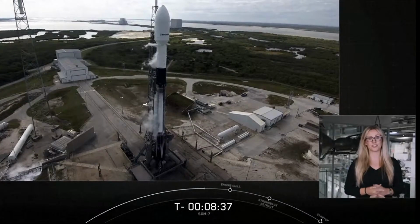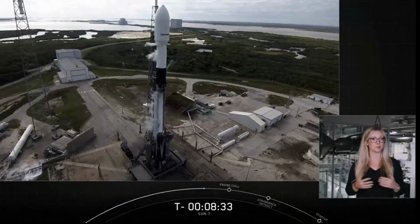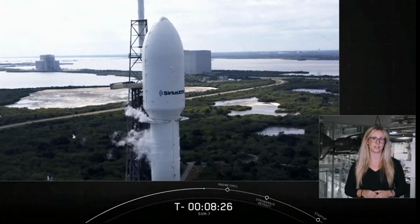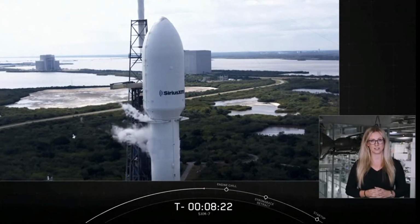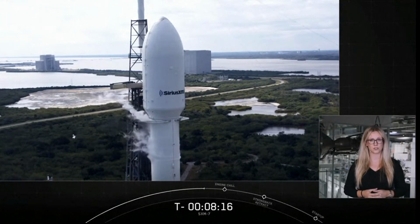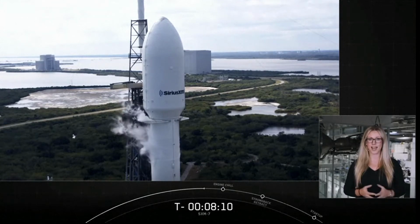Weighing in at almost 7,000 kilograms and over 100 feet long when its solar arrays are completely deployed, the 27-foot-tall SXM-7, built on Maxar's 1300 class platform, is designed to provide service for more than 15 years. This satellite's unique design also features a large unfurlable S-band reflector to broadcast audio and data signals to users on the ground. By joining SiriusXM's already active fleet, the